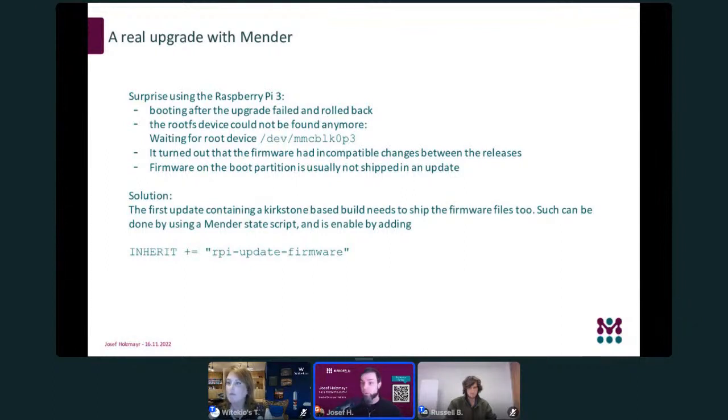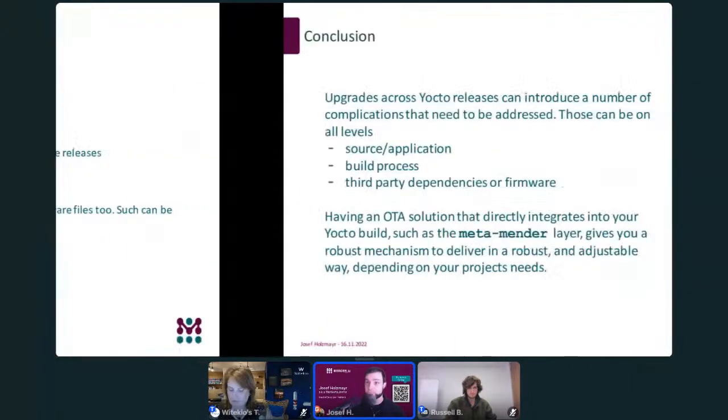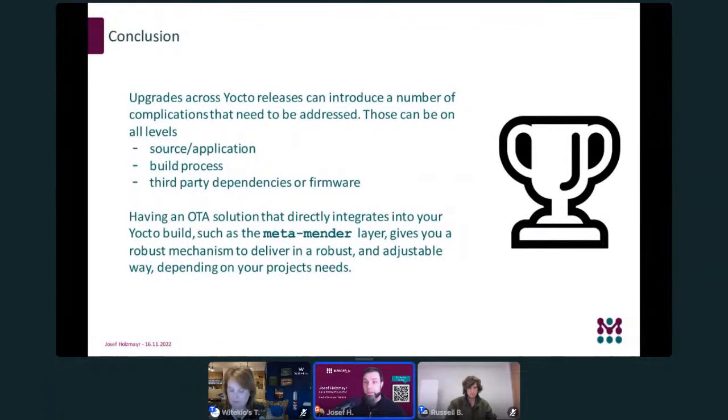And this is one of the strengths of a solution that really integrates tightly with the Yocto boot process. I actually have concluded this in the last 5 sentences. Just to wrap it up again, if you do such a big upgrade, things can bite you at every stage of your project, at the build process, at your application, or even on things that are out of your control because they are firmware or third-party